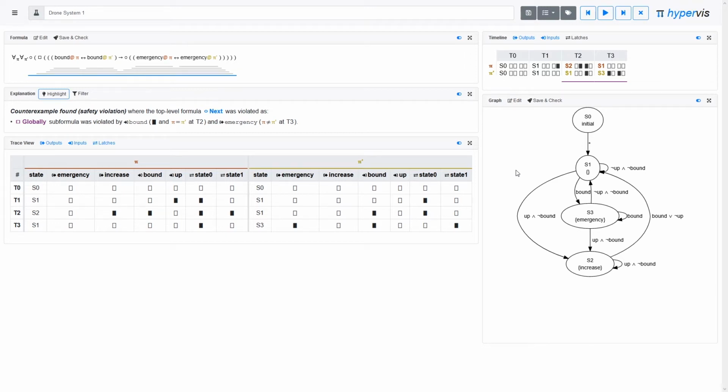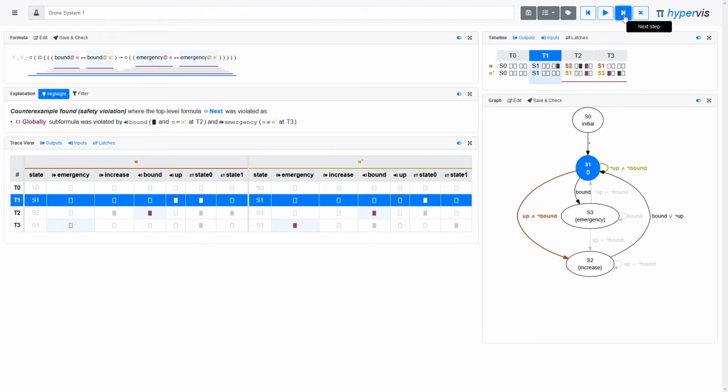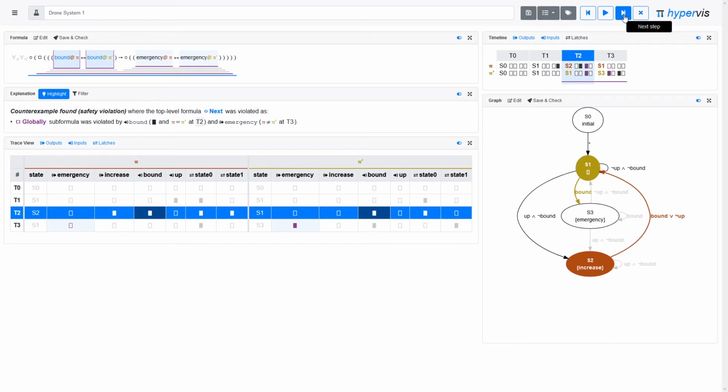The goal is now to identify the specific violation and its cause. The explanation view does not only provide textual statements, but also allows to enable the explanation highlight. Now, all relevant parts are indicated. We can see that the bound variable was indeed similar at T2, but the emergency output differed in T3. When stepping through the example, we can see that at T2 both traces are in different states.